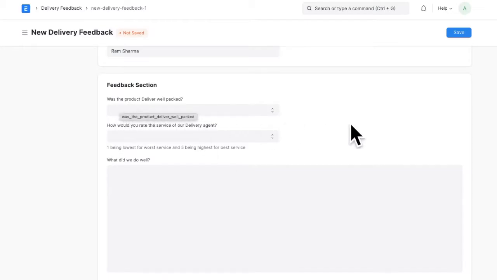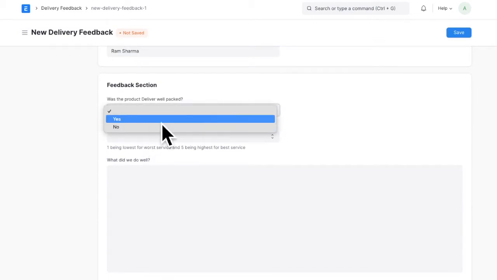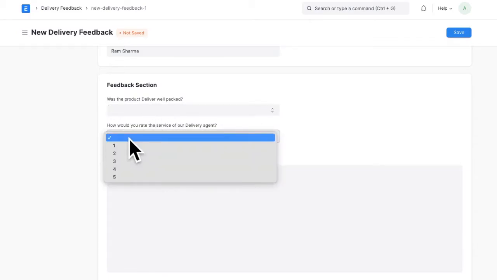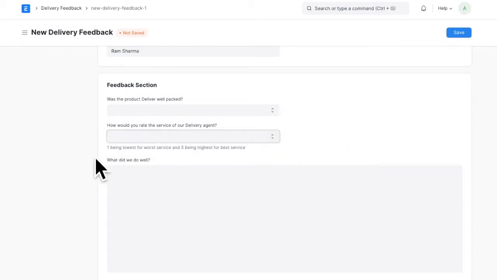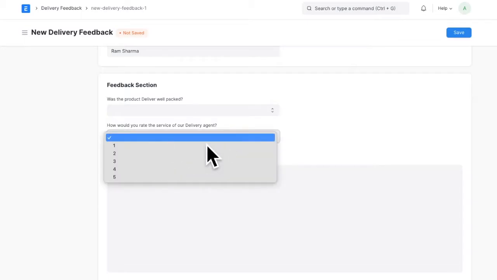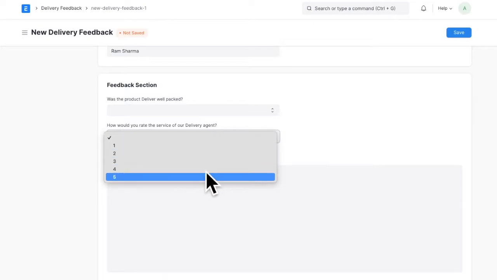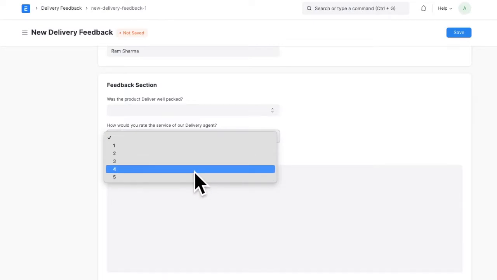They can tell us whether the product was delivered well packed, yes or no. So they can select their input, their feedback. How would you rate the service of our delivery agent? They can select the rating. You can also define the description for the input, saying that 1 is lowest for worst service and 5 is highest for best service. It gives the customer an idea of what the input parameters mean.